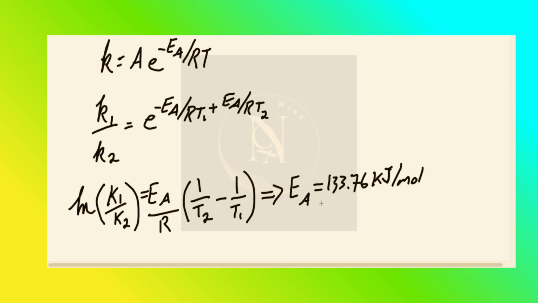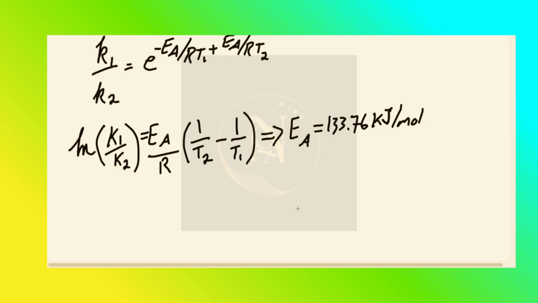Okay, next up we're asked to figure out the rate constant at 750 K. So this is just a matter of doing the reverse process now. So we're going to say, okay, we know everything else, but we want to find some k1. So in this case,